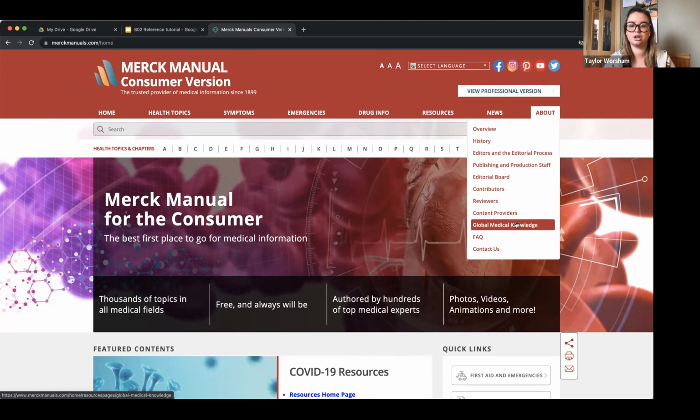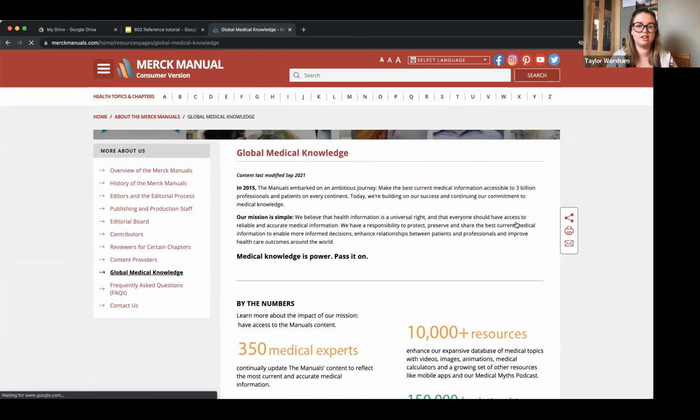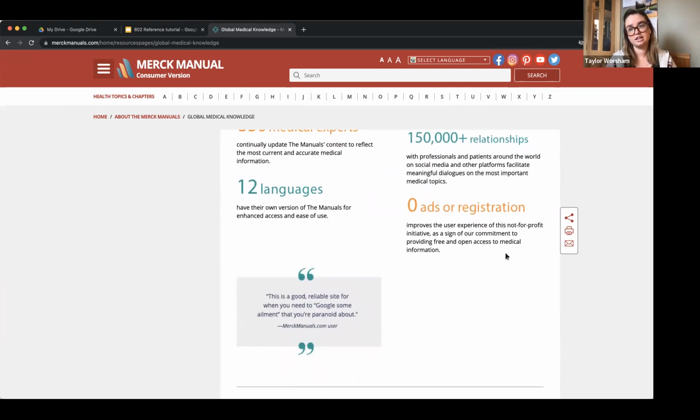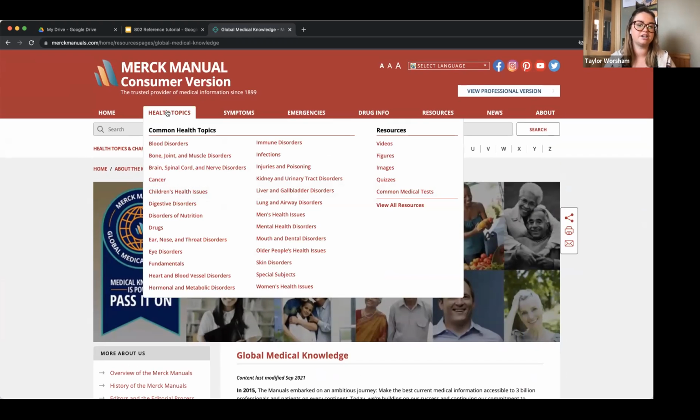And something I'd like to point out right off the bat here, which makes this a unique site, is that there's no ads populating on any of the pages. And a little bonus, you don't have to register to use this site, so your privacy is protected in that way. Jumping back to the left in the Health Topics tab, as you toggle over it, you'll see many disorders